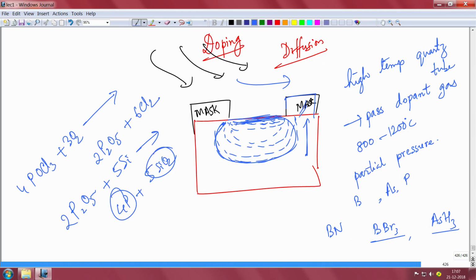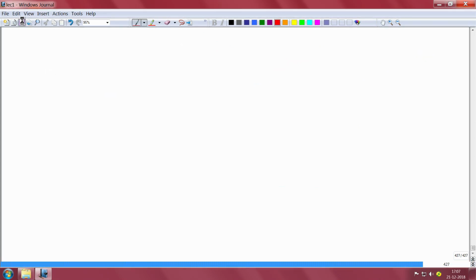So this phosphorus will be formed on the surface, and it diffuses in the silicon. That's what happens. There can be two types of diffusion, very briefly speaking. One is called constant surface concentration diffusion, which means you maintain a constant concentration of the dopant at the surface of the wafer and let it diffuse below the surface. So the total amount of dopant throughout the wafer might change.